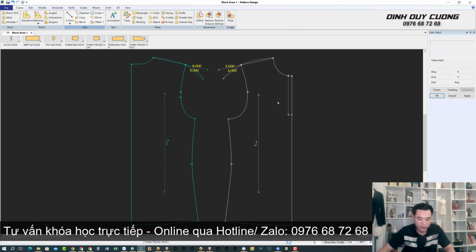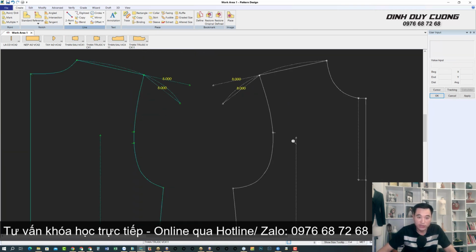Alright, for the next step, you are going to draw the armhole. Now for the armhole of this shirt, you should lower it by about 1 to 2 centimeters more than you would for a regular shirt, at the very least. If anyone needs to wear it more comfortably, you can make it even deeper. Here, for example, I will lower it by 2 centimeters. And you will shape this armhole.